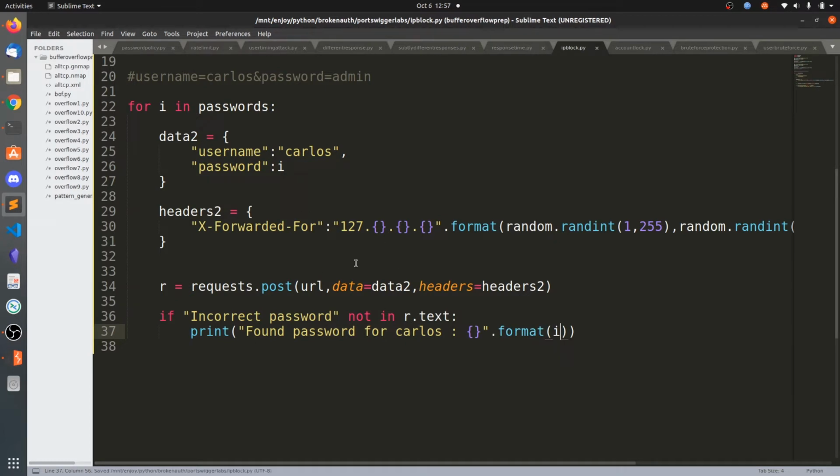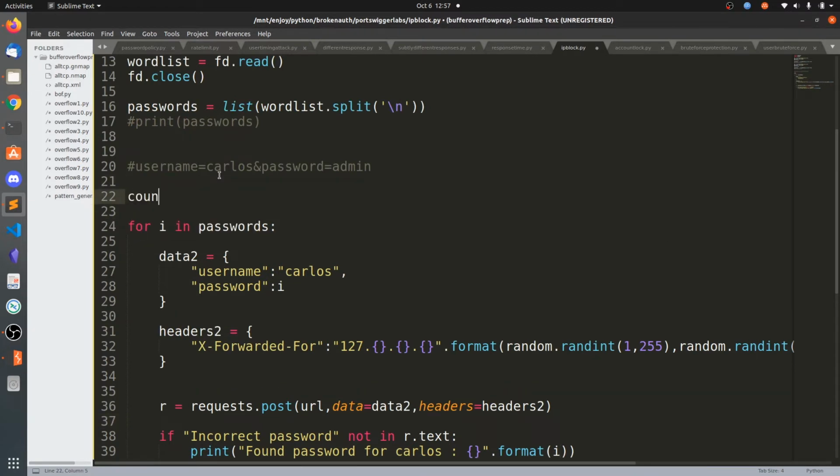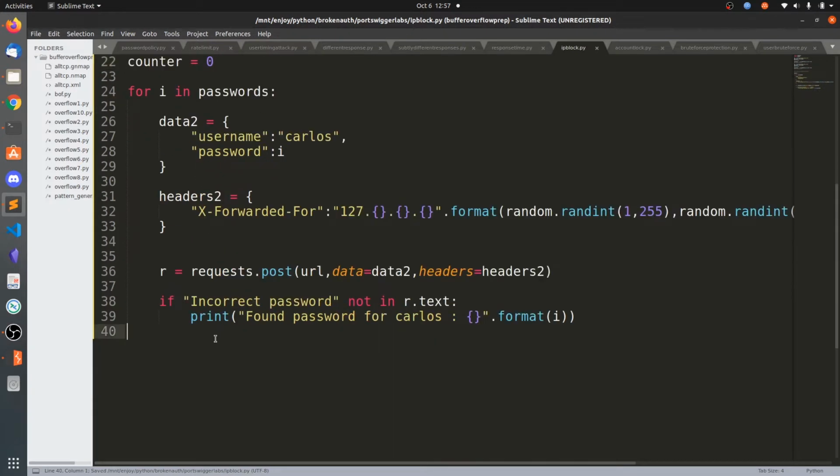If you send it like this, we will be getting blocked by the third request. So what we can do is simply create a variable counter equal to 0. Whenever we are sending this post request, we are going to increment it: counter gets counter plus 1.